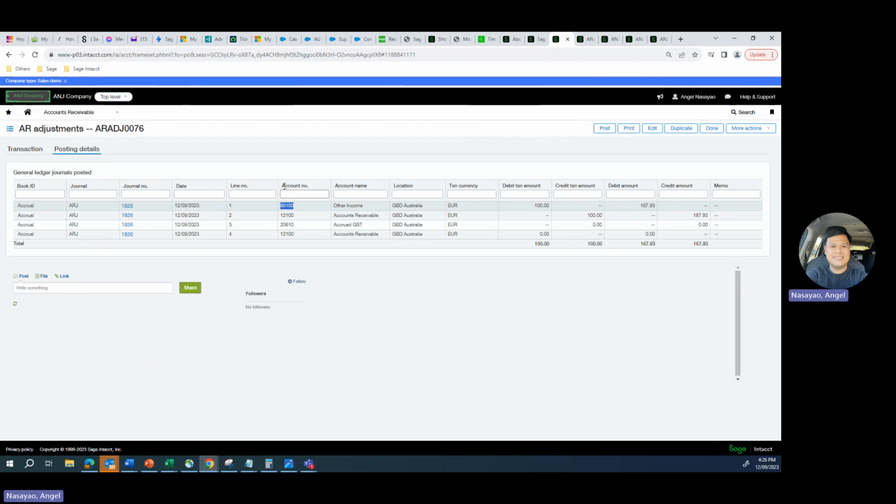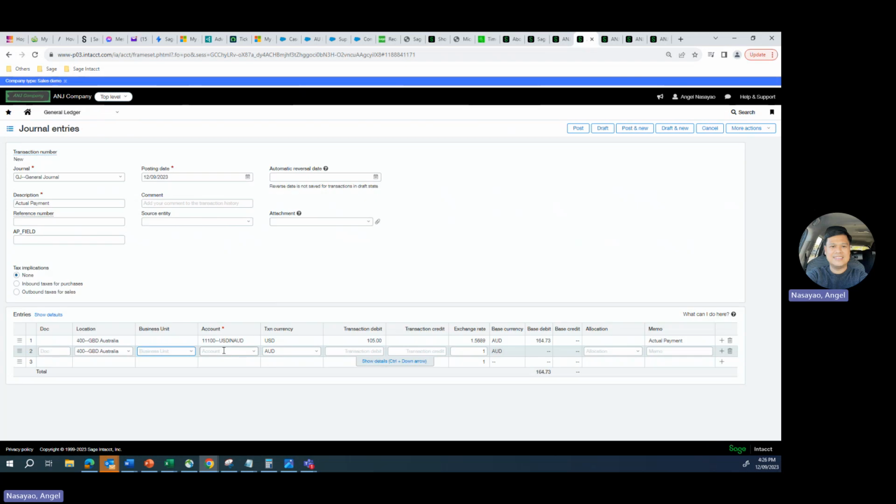So the net effect of the AR adjustment and this journal entry against this income account should be in EUR, right? So the transaction credit will be 100. Okay, 100 in there, and any difference will just